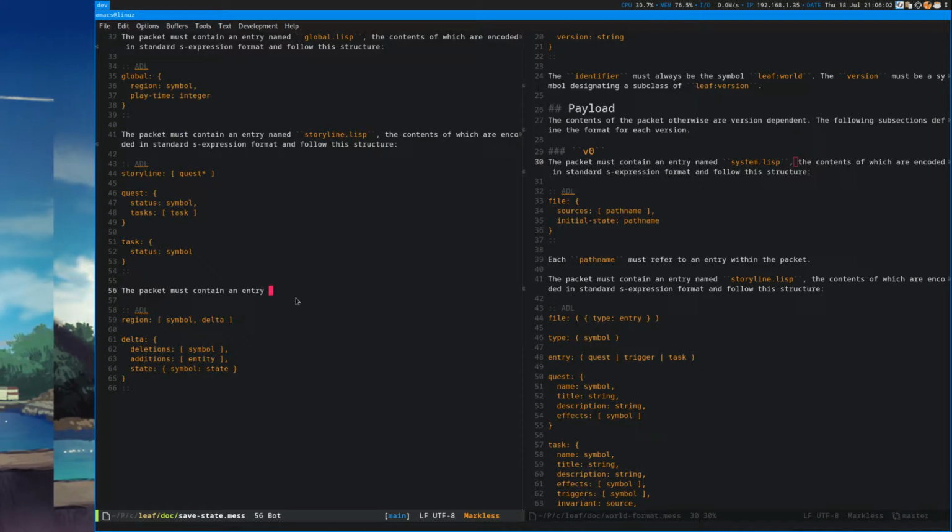Yeah. Since the file names are not easily mappable to symbols, or the other way around. Right.